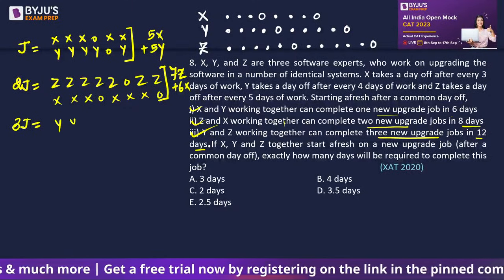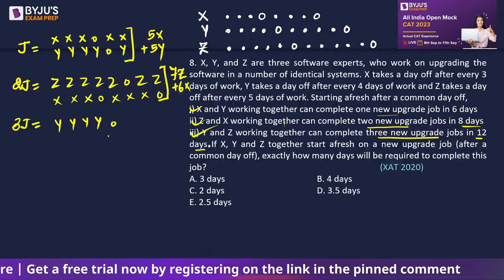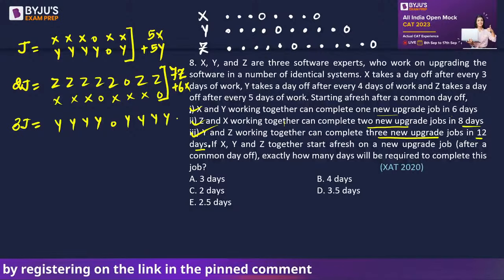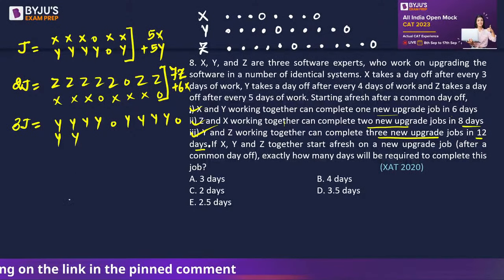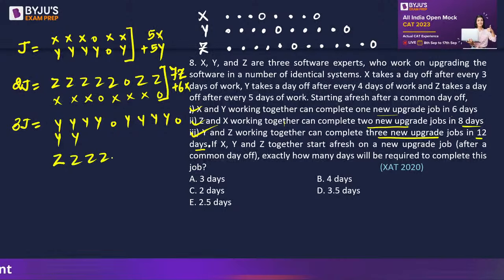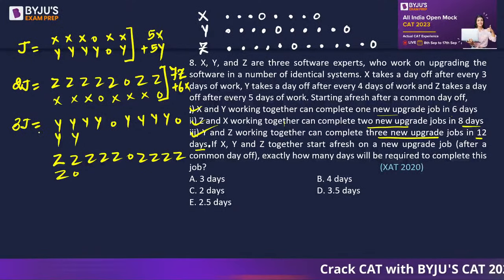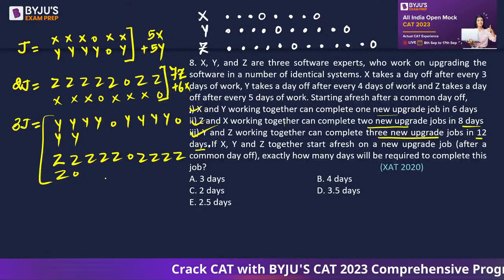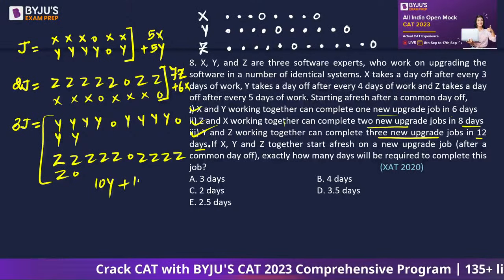So y will work for the first 4 days. He will take a leave. That is 5 days. 6, 7, 8, 9, 10, 11, 12. That's what y is about. Let's talk about z. Z is going to be working for the first 5 days. He will take a leave. 6th day, 1, 2, 3, 4, 5, and then the 6th day. So if I look into this, we can say that this is 12 में से 10y plus 10z,